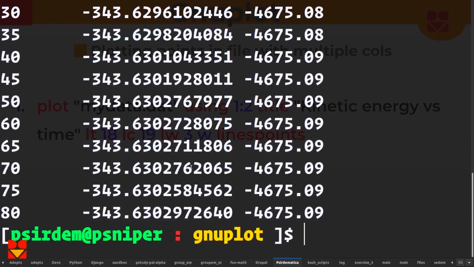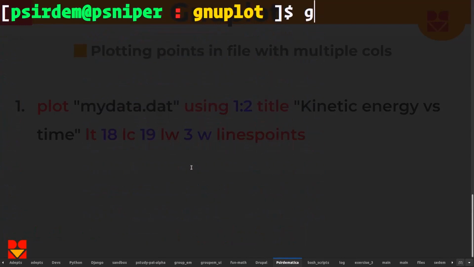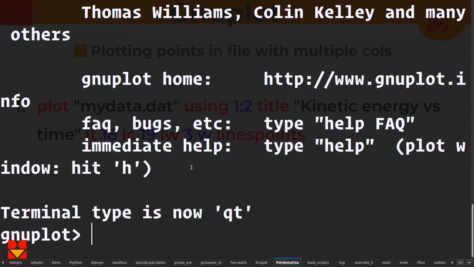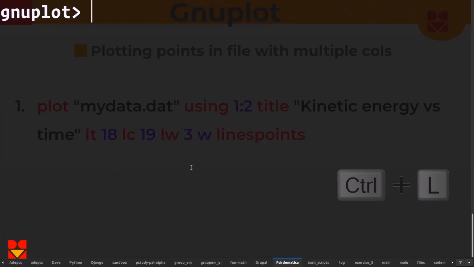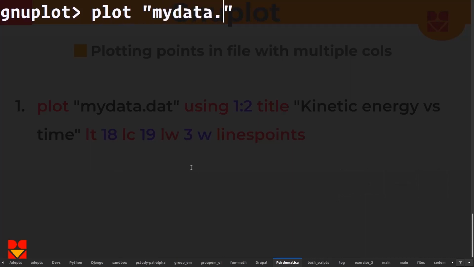So let me clear. First, let me do Control L to clear, and then gnuplot to invoke my interactive plot. As always, Control L to clear. And then now I can say plot my data. Bear in mind that you should always ensure that the file you're interested in is in the current directory in which you invoke gnuplot, right? Plot my data using column 1, 2. You always have to bring the using command, right? And then you set the title to be maybe kinetic energy